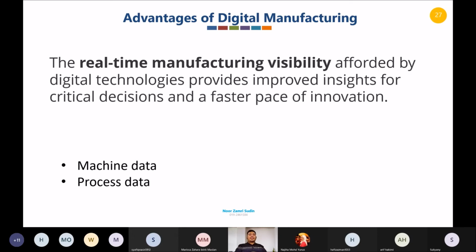It's also better if the machine can provide insight data on where the error source is. For example, if the machine suddenly has an error, at the same time the machine will send info to the technician or engineer, or anyone can send the info to the respective person, saying what the error source is. Maybe sensor one, for example.